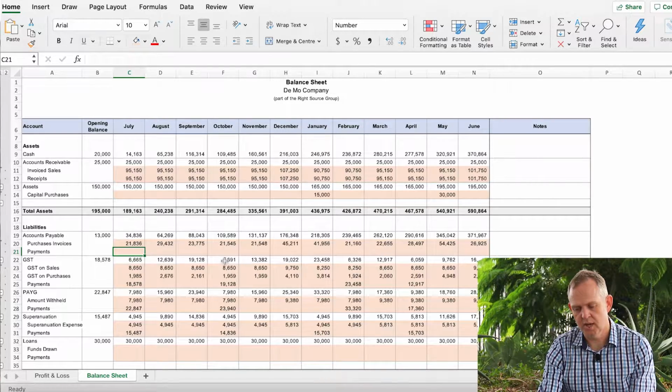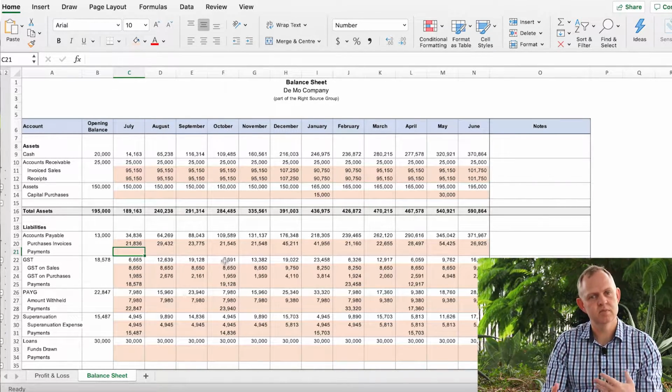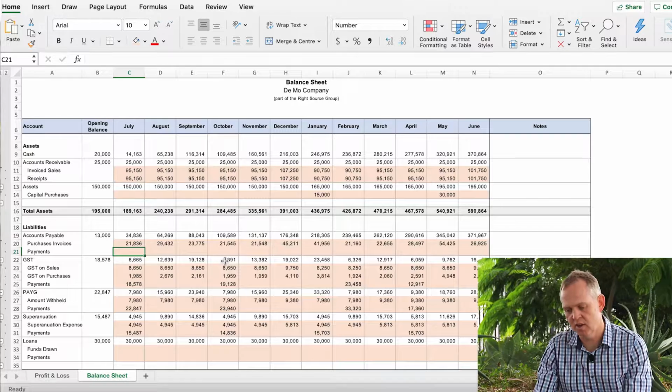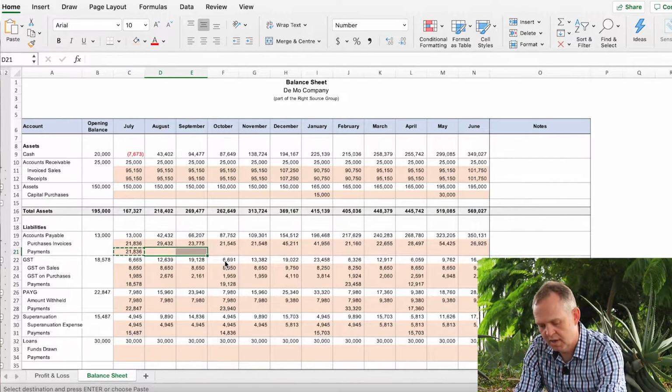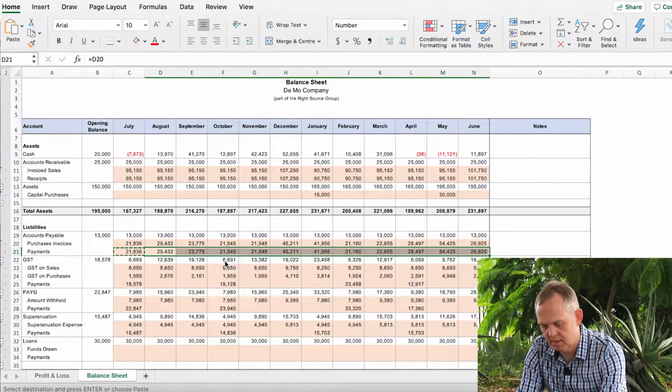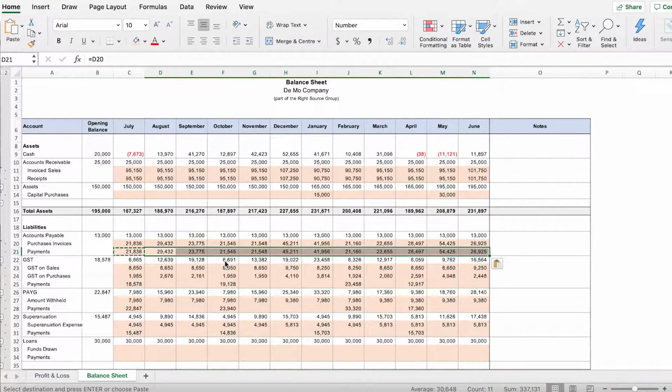The next, you need to work out, well, when are you going to pay them? Sort of the reverse of accounts receivable. So again, you can make this very simple and just say, well, I plan to pay everyone in the month that they send me an invoice. So that's that. So we've updated that. The next lot starts to get a little more complicated.